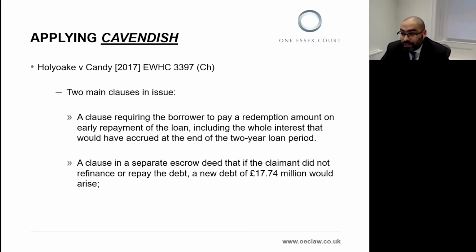Secondly, the escrow deed clause did operate upon breach, but importantly, not upon breach of the escrow deed itself. Again, the obligation to pay arose upon a condition occurring, namely breach of a different agreement. And so it was not a secondary obligation. It was upon breach of another agreement rather than breach of the agreement it was in. And so Mr. Justice Nuji said that it was not a secondary obligation. But he did note that this may just be an example of clever drafting. And indeed, I think that is right.